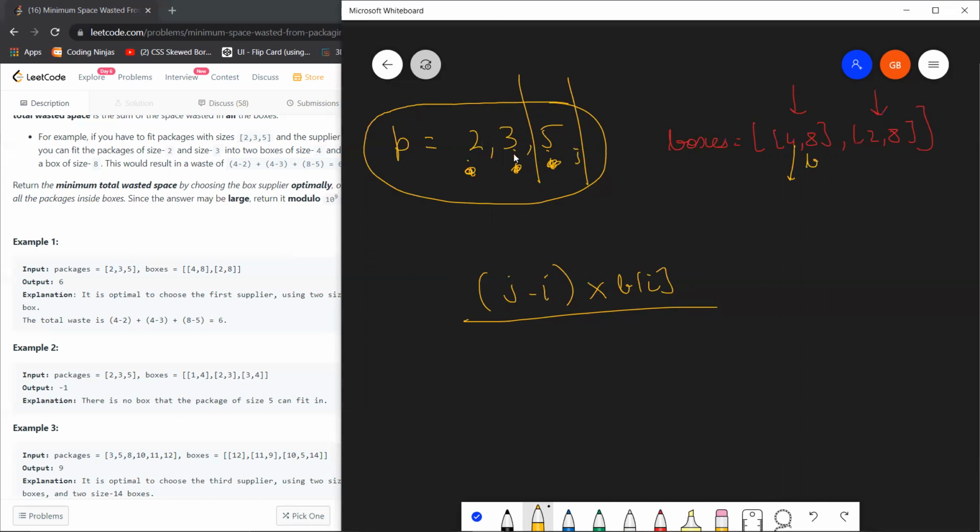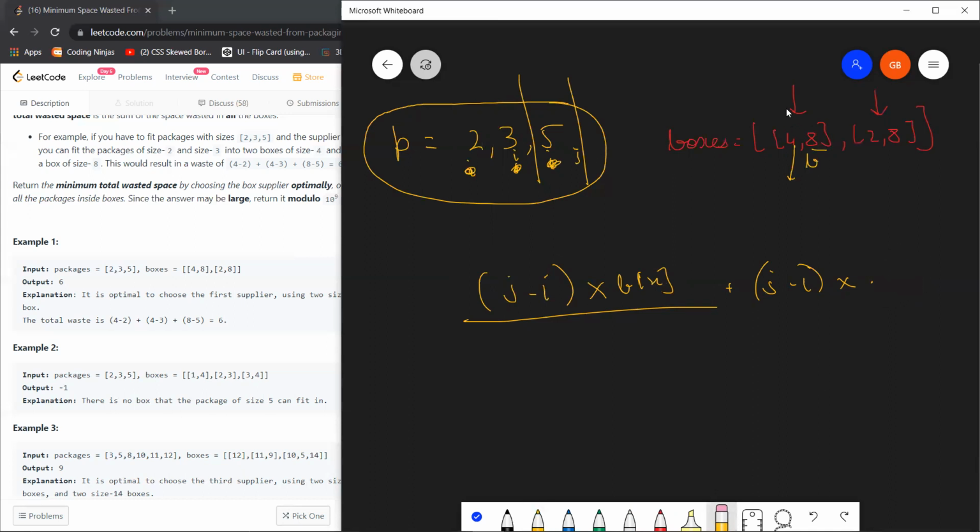So this upper bound minus this i will give you 1, because we are packing only one package, 5, and that 1 will be multiplied by 8, right? Again, then j minus i multiplied by b of, I think I just used the same index incorrectly. This would never be b[i]. This would be some other index. Let's call it x for now. I'm sorry, I actually reused i two times. I hope you were getting my point.